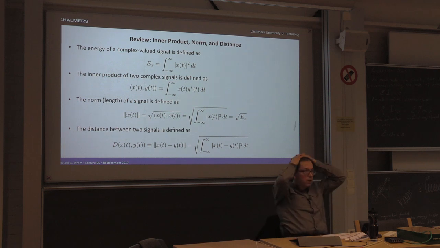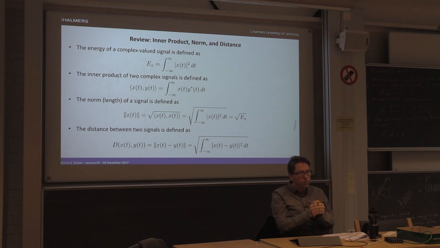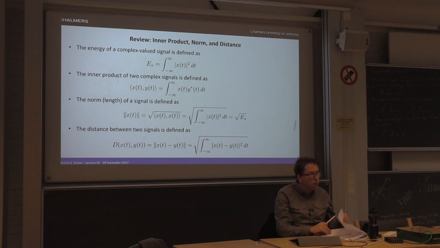So what we have done now is that we have looked at how to design pulses to avoid intersymbol interference. Okay. Now suppose we use these type of pulses. What should the rest of the receiver look like? Because remember now we're building up the receiver, and the thing we have figured out now is how to design the first filter, which is followed by the sampler. But what about the rest? Okay. And to figure that one out, we